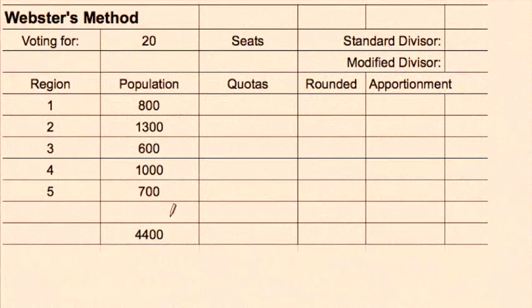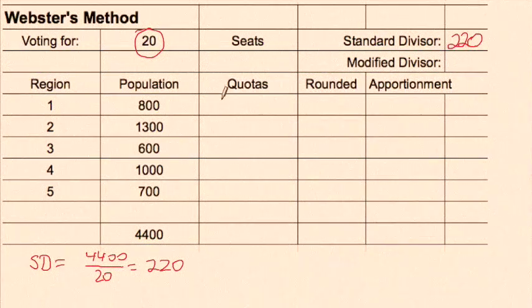Alright, so this population is 4,400. So we still have to find our standard divisor, which is your total population divided by how many seats. Well, in this case, we have 20 seats. So our standard divisor should be 220. We're going to go through and see if our quotas will round up nicely and give us exactly 20 seats. If not, that's okay. So 800 divided by 220 is